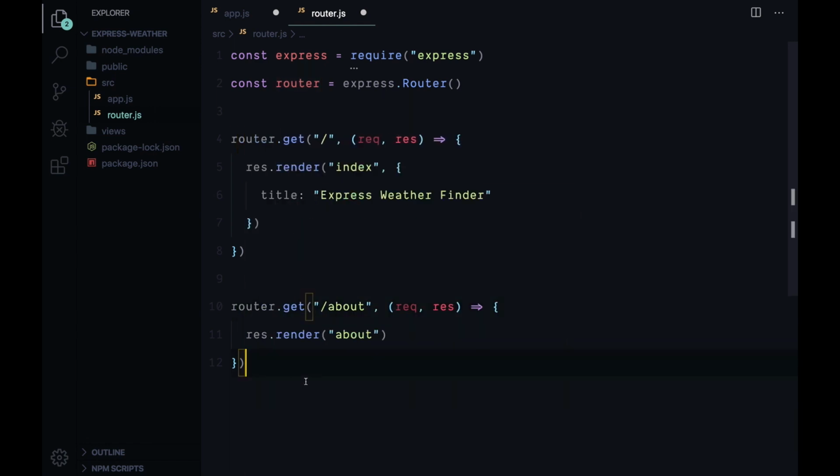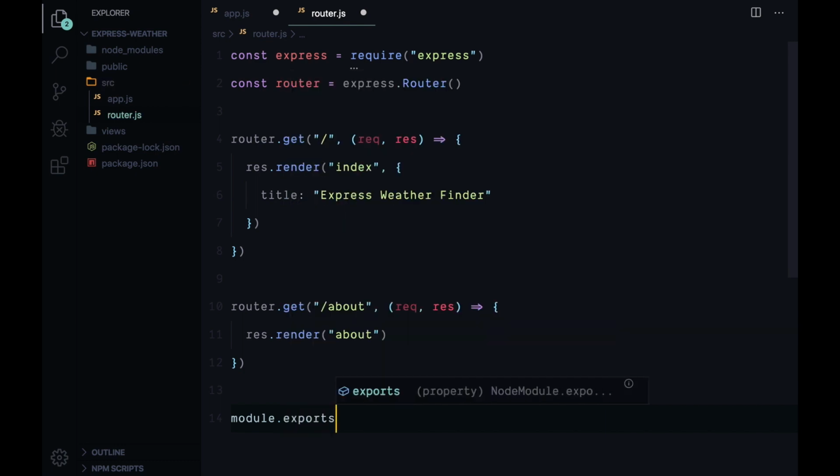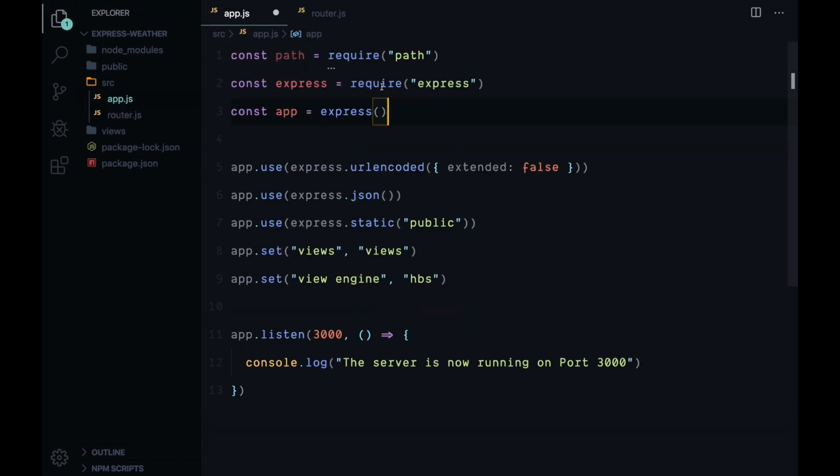Excellent. And then since we are using our app.js file as the entry point, we need to import this router in our app.js file. And for that, let's say module.exports and set it to equal this router constant up there. Okay, press save. Now let's head back to our app.js file, and here we need to import the router file